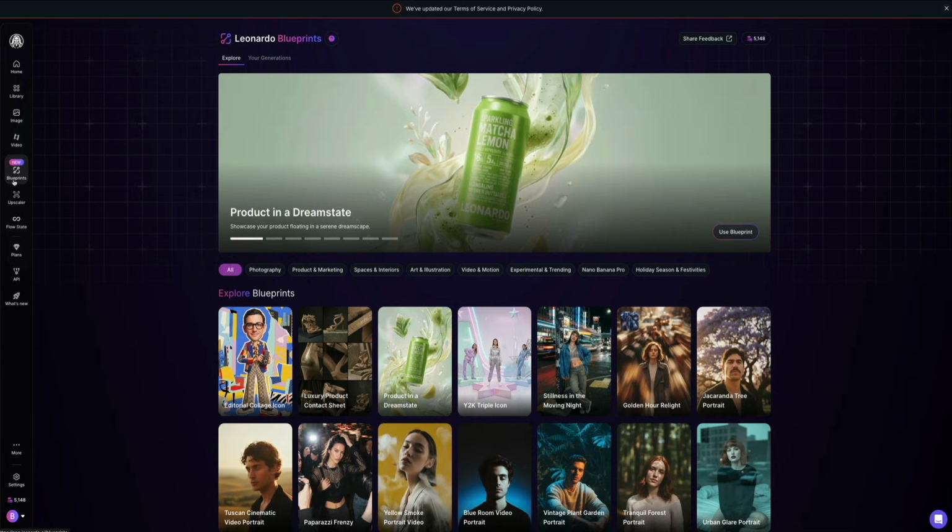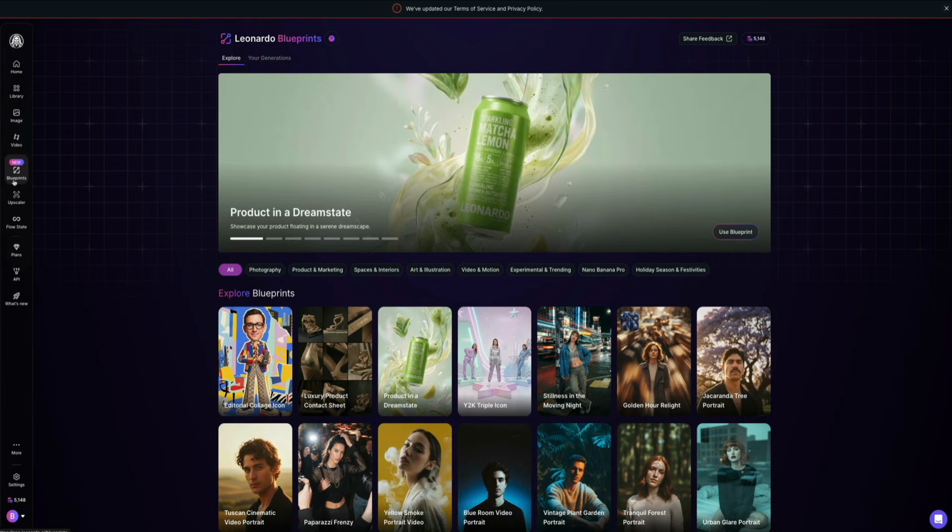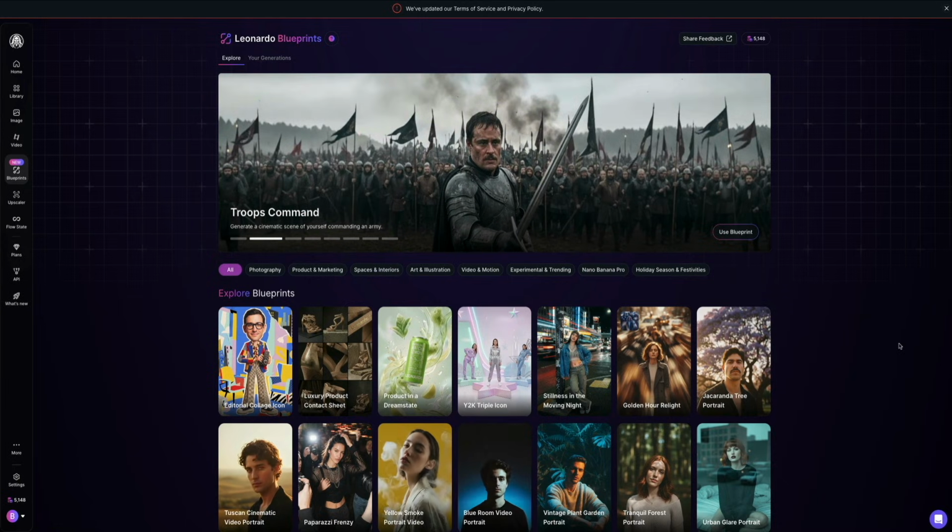And this time, I'm going to show you how blueprints can be used as part of a real marketing workflow, specifically for creating professional brand mockups quickly and consistently. This is a great option if you're working on a website, a pitch deck, social media assets, or even just trying to visualize how your brand might look in different environments without hiring a designer or setting up a full